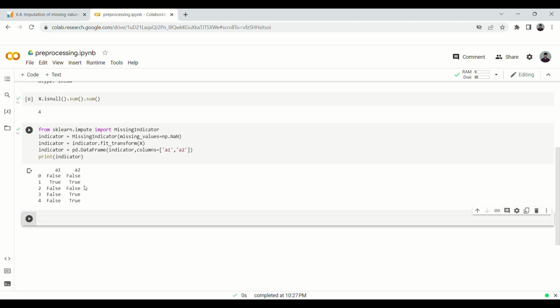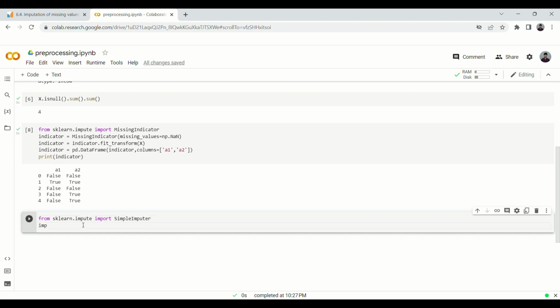So now we are going to impute, and again for that we need from sklearn dot impute import SimpleImputer. Now let's take a variable, say imp equals to SimpleImputer and missing values equals to np.nan,